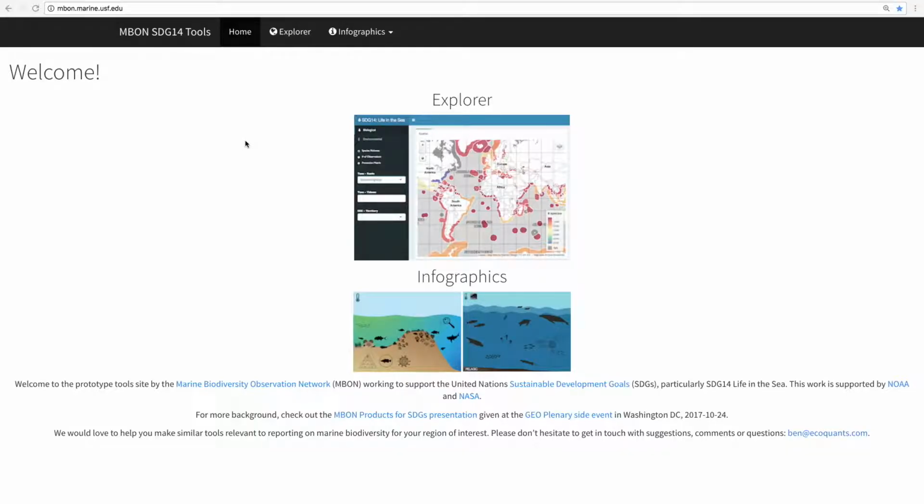Welcome to a short demonstration of the tools created for the Marine Biodiversity Observation Network and contributing to the Sustainable Development Goal 14, Life in the Sea. So I'm going to go over these two products. The splash page is here,